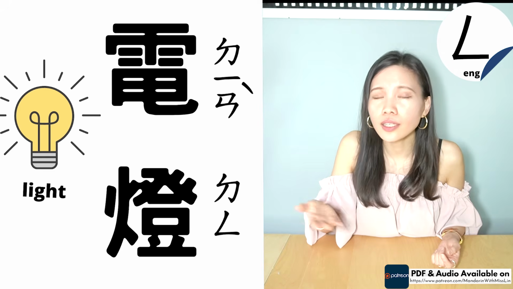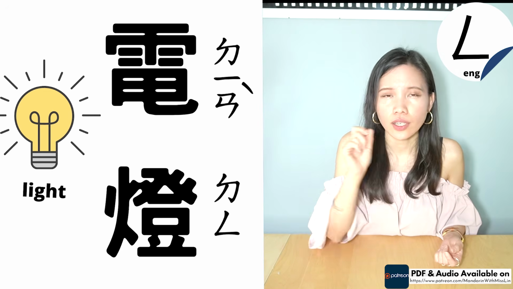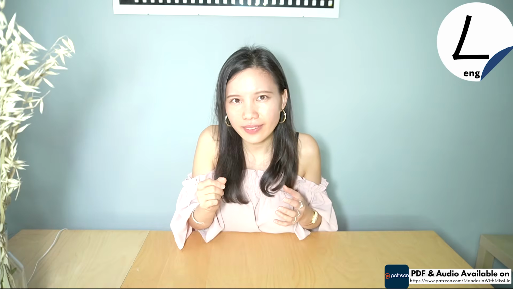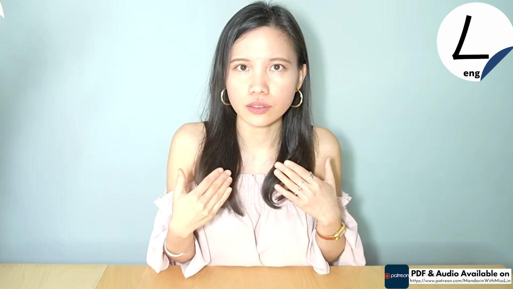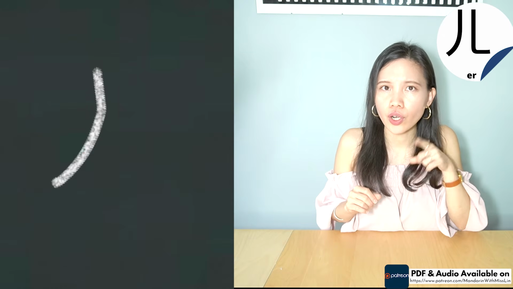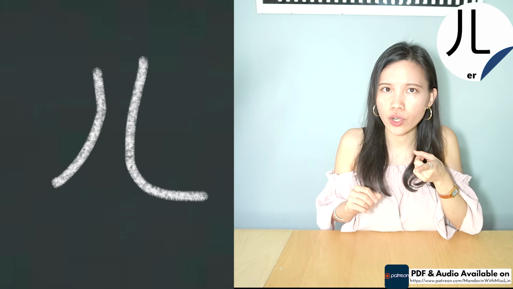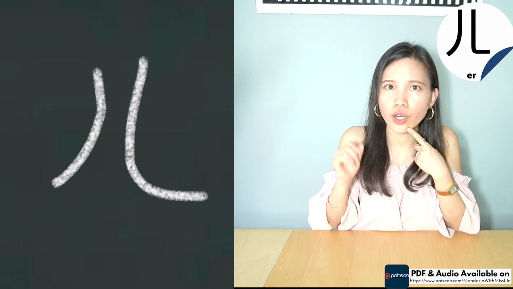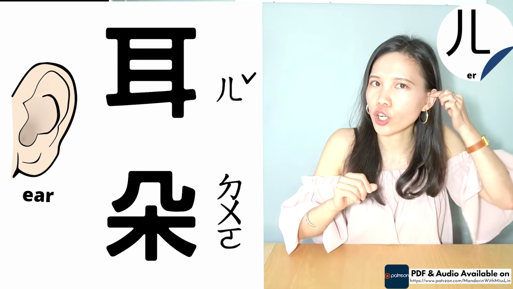电灯，电灯。Alright, I have to say Taiwanese Mandarin accent is very subtle, so this is not very obvious. In daily life conversation, we normally just do 电灯，电灯。So your tongue has to curve a little bit. 耳朵。